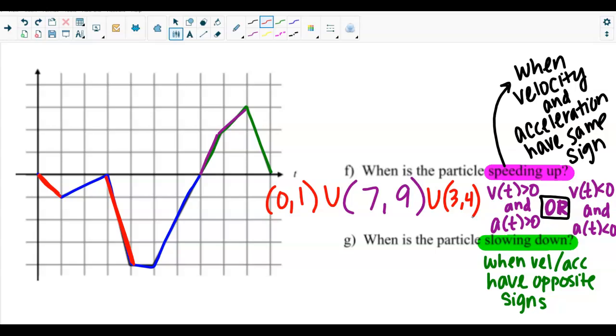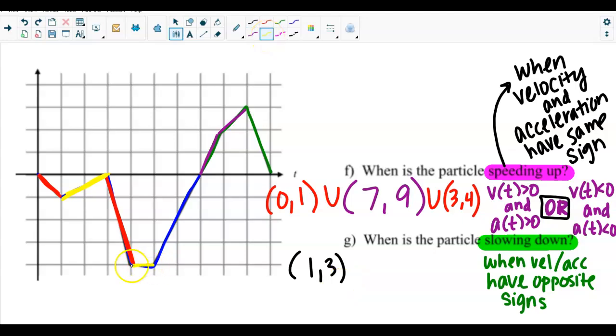And so we are taking a look at actually every other spot that we didn't, if it's the opposite. If it's not speeding up, it's slowing down. So this piece right here has negative velocity but positive acceleration. So we would say from time 1 to 3,